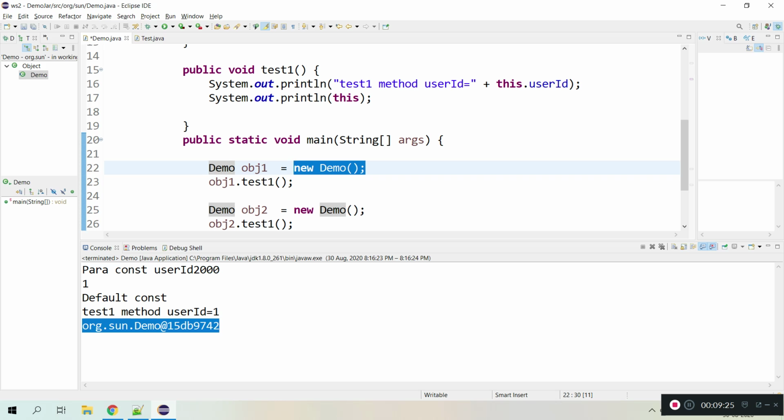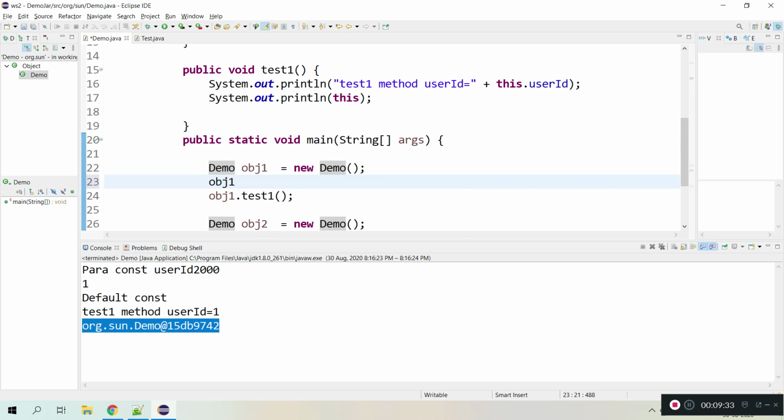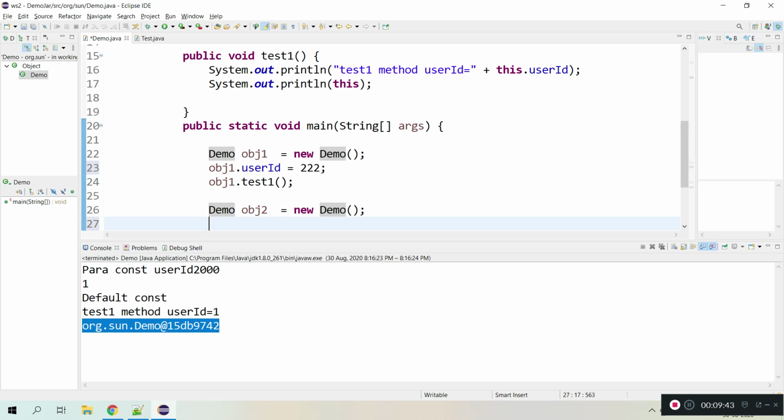In test 1 and test 2, I'm modifying the variable, user id equal to 2, and in test 1,